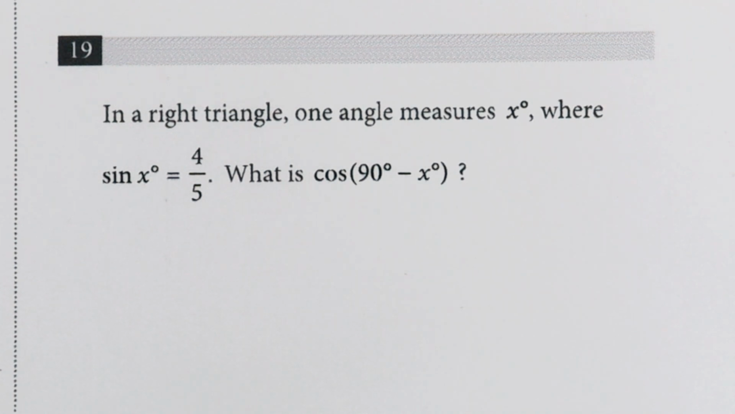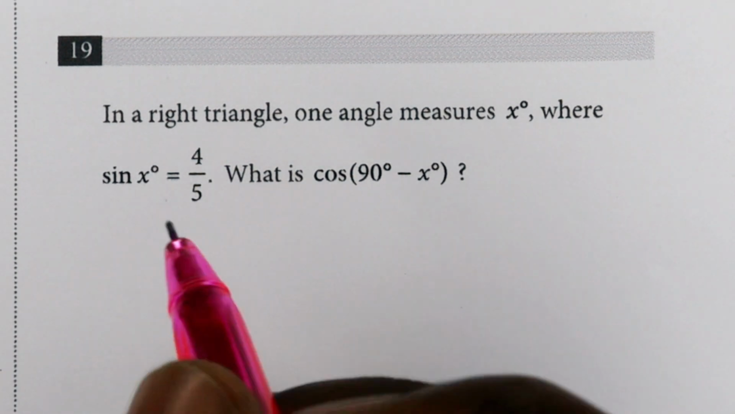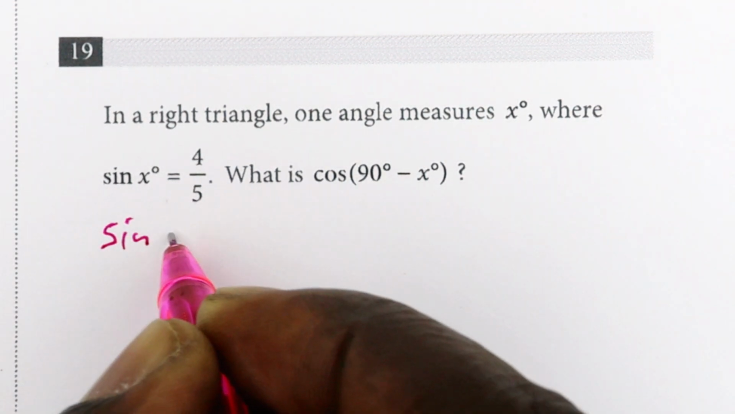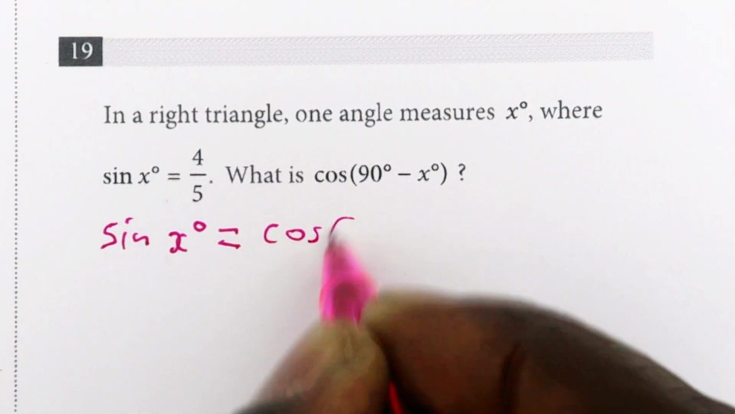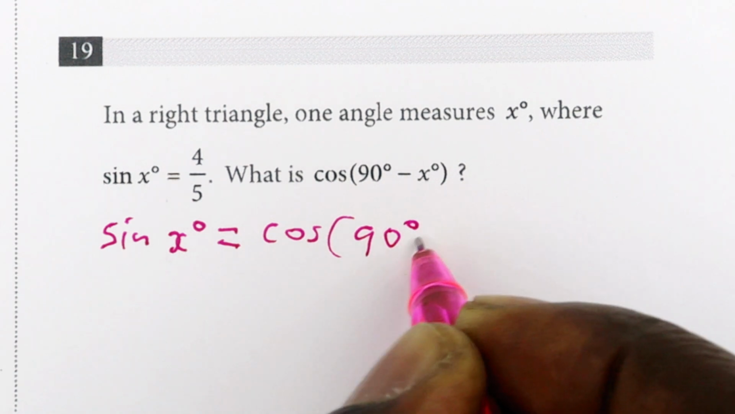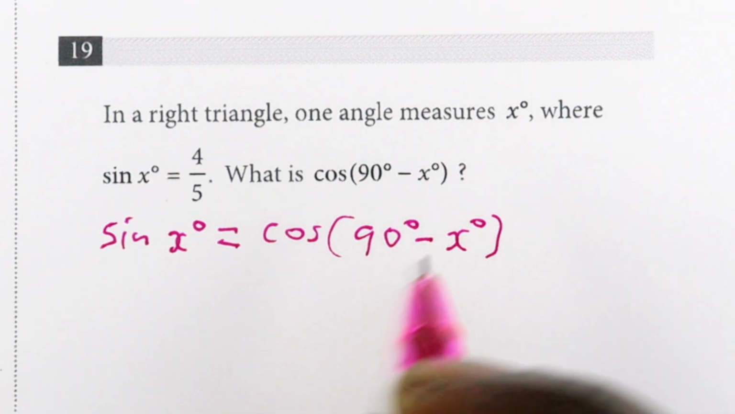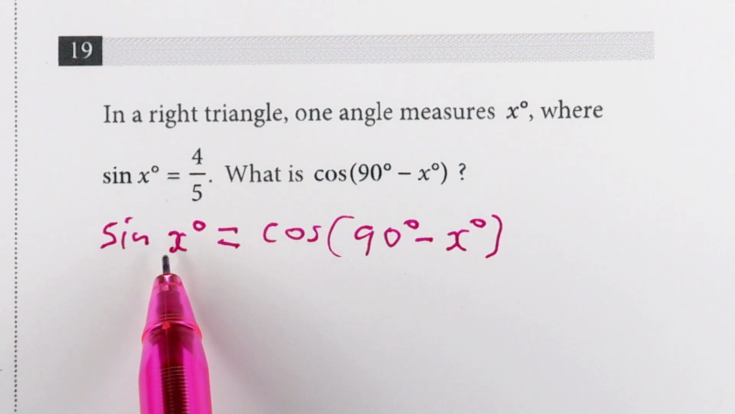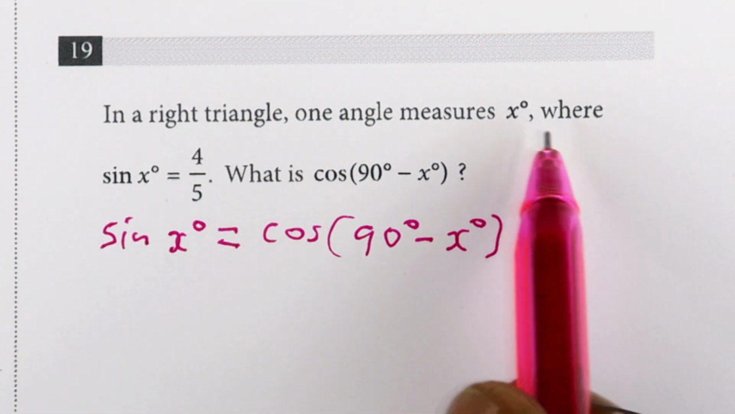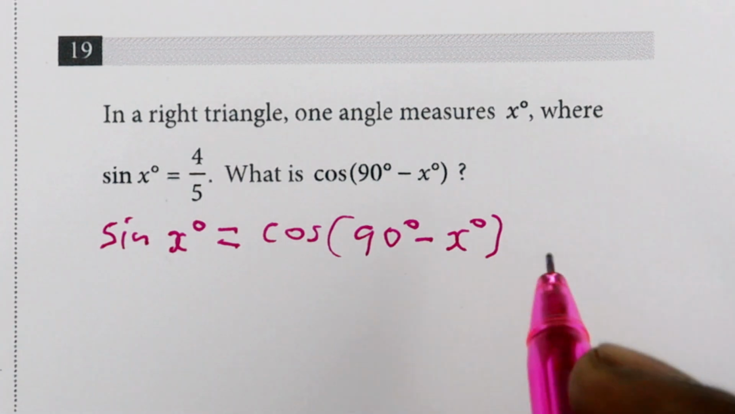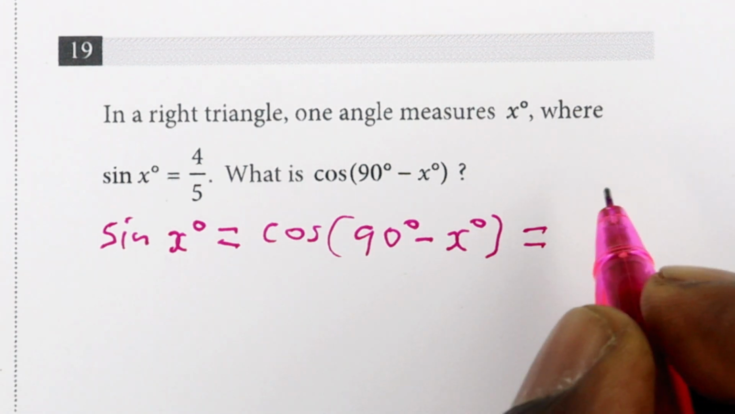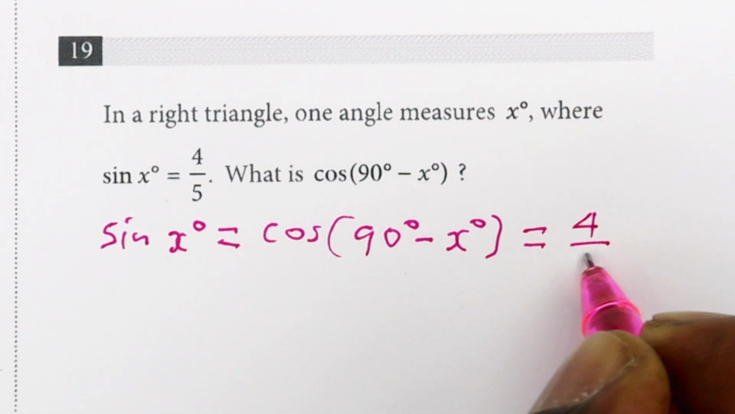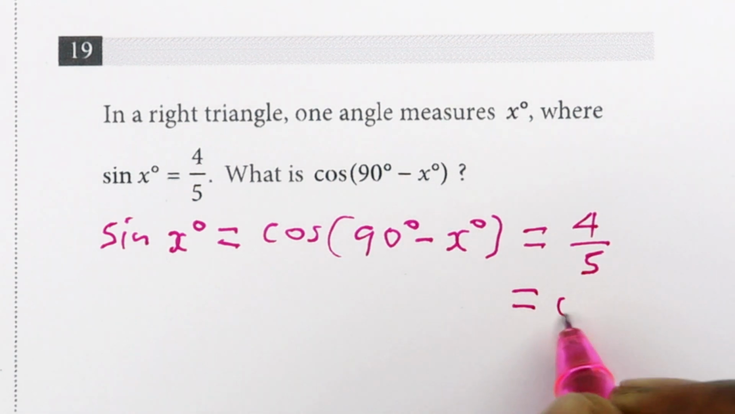So here, we just use the complementary properties of sine and cos, where the sine of an angle is the same as the cos of 90 degrees minus that angle. So in our case, we already have sine of x degrees being equal to 4 over 5. Therefore, that will be the same for cos of 90 degrees minus x degrees, which is just 4 over 5, which you can write in decimal form as